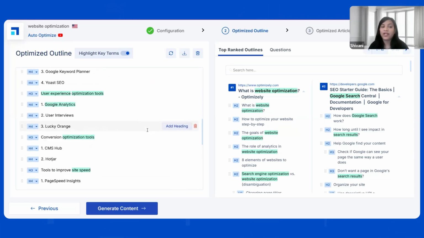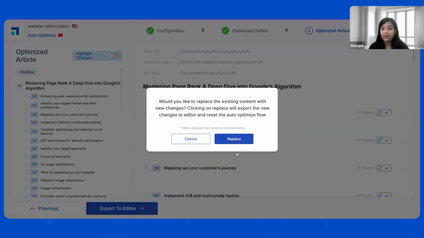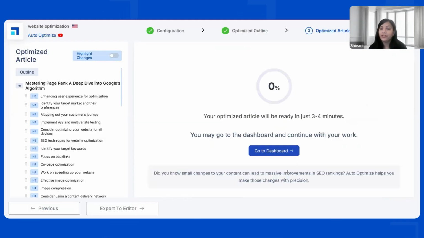Once you feel, okay, this outline is good to go, the final step is to generate content. At this point, AI will start fixing all the keywords that are missing in your content. It is going through your existing content, identifying what issues are there, what the missing keywords are, whether your headings and subheadings are properly optimized, and whether the new topics that we have added have relevant keywords in them. All of that is taken care of, and then we generate the final draft of your blog.